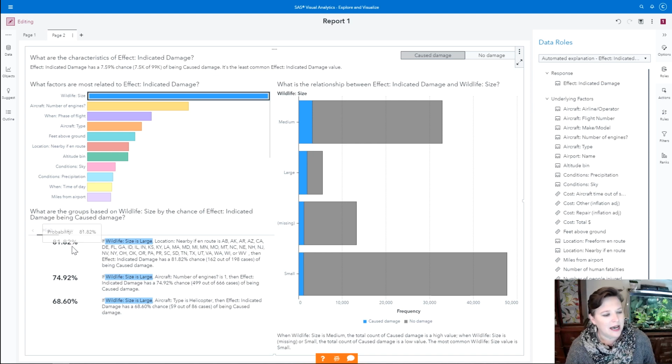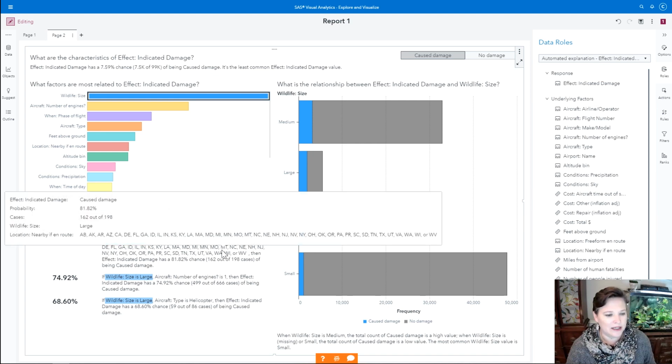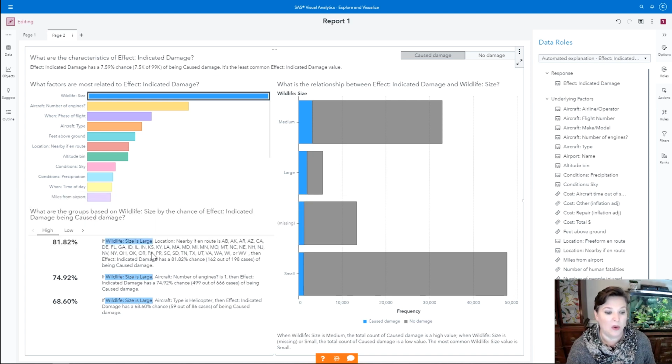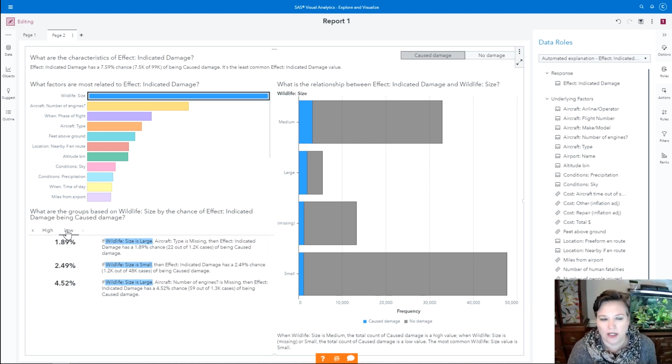So you can see the highest predicted probability is when wildlife size is large, and then there are some locations that are especially problematic. Well, there's a whole bunch of them. And that gives us an 81.82% chance of being caused damage. What about not caused damage?